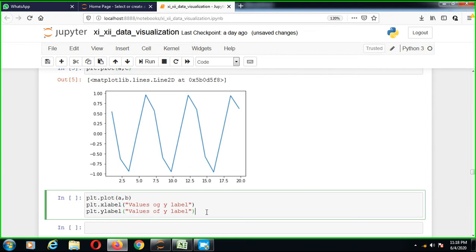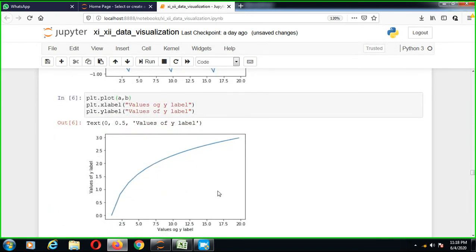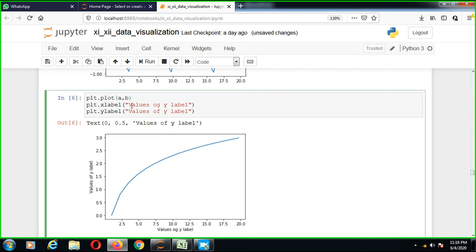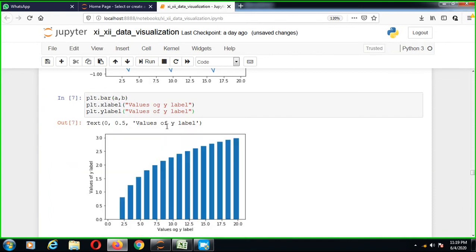Okay, so suppose I am using a value of text. Okay, so you can see the different types of graph plotting. I am just plotting the values. So plt.bar you have to write if you want to print the bar graph.